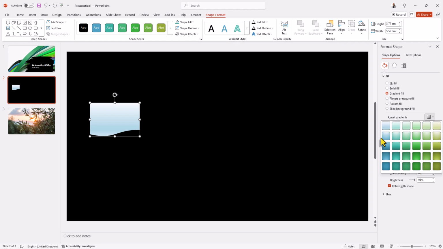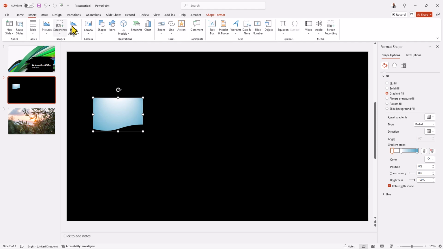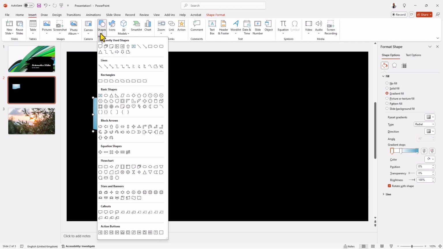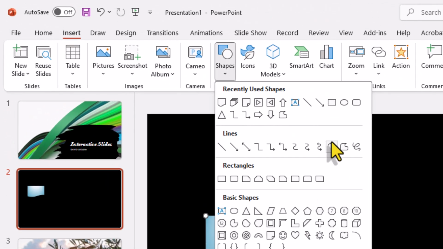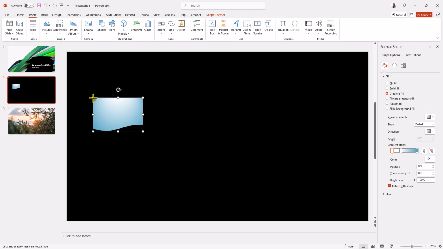I might choose the second one. That's a bit darker, that's better. So now what we want to do is get our drop down tab. So let's go to insert, shapes, and we'll have one. We could have this square one, but let's have one with rounded corners, and then I'm going to draw that